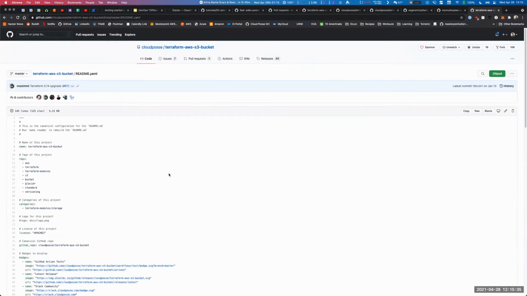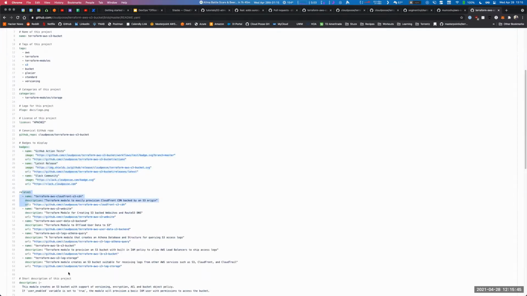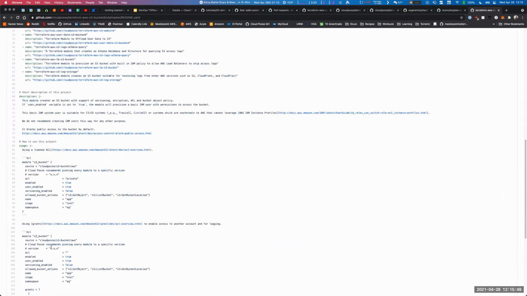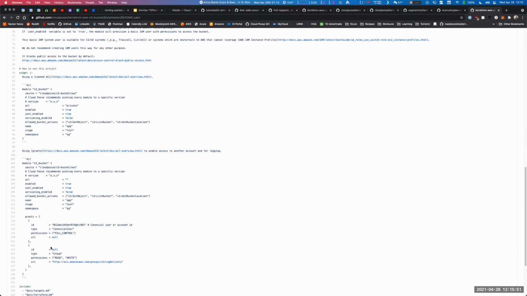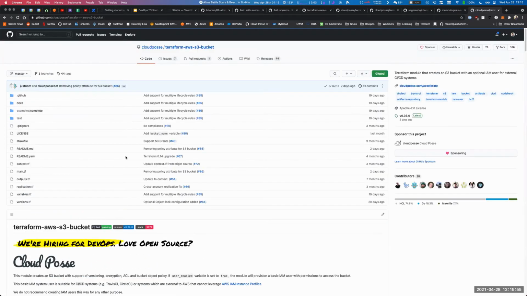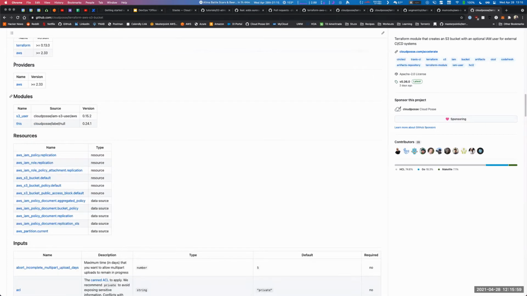This README.yaml is really what defines the things that are different about this module and how to use it: what badges it has, what related repositories there are, what the description is, and all that fun stuff. And then it gets composed with Terraform Docs